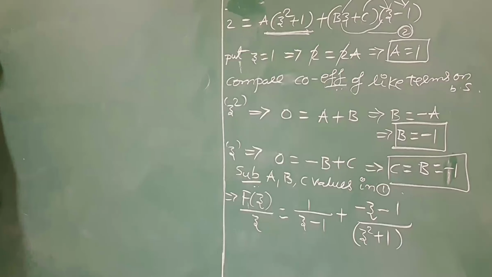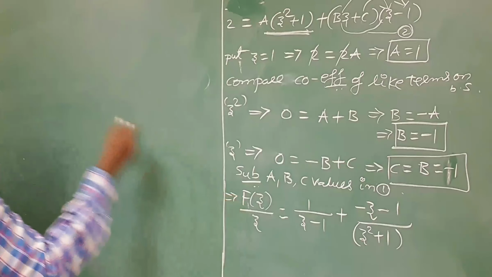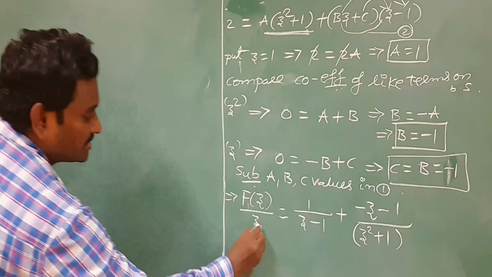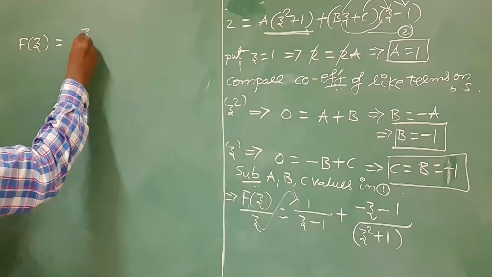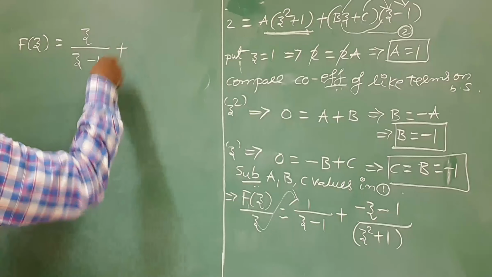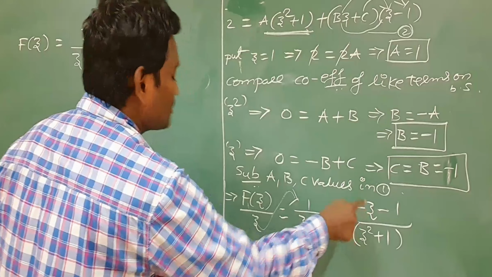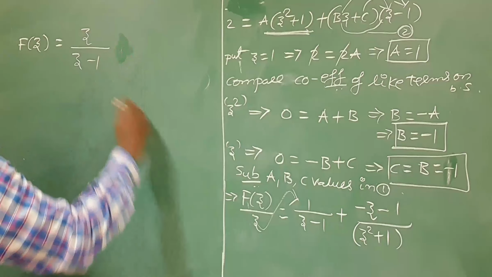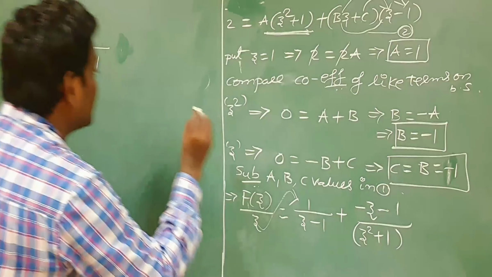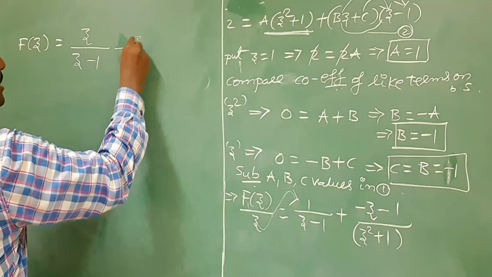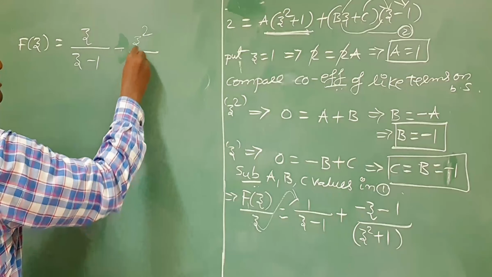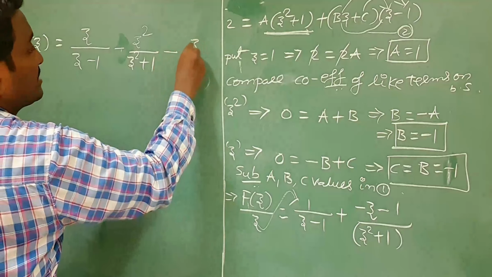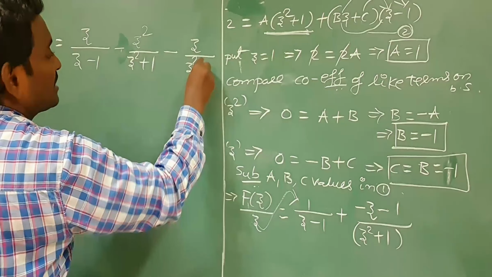So from this f of z, the left side is f of z. F of z is nothing but the given problem. If you take this z to this side, you will get z into 1, z by z minus 1. Don't forget to multiply this z with this term also. Minus z into, I will take minus as a common term, and it is better to separate the terms directly. You will get minus z into z, z by z square plus 1, minus 1 into z by z square plus 1.